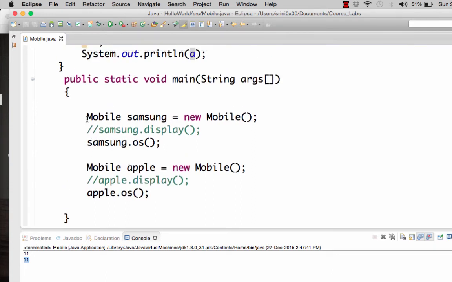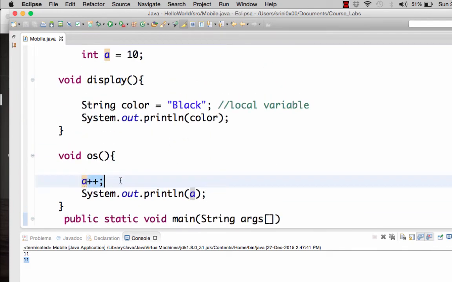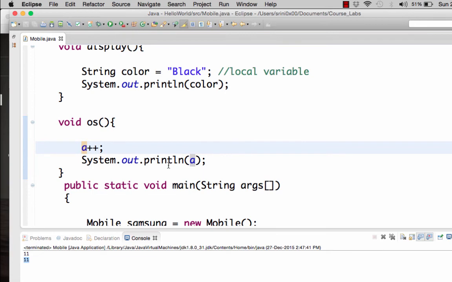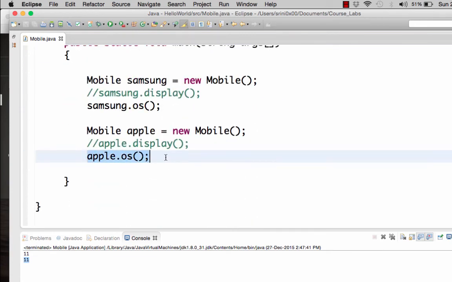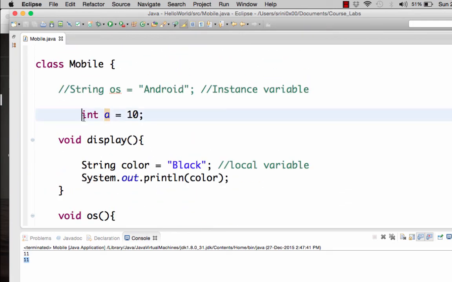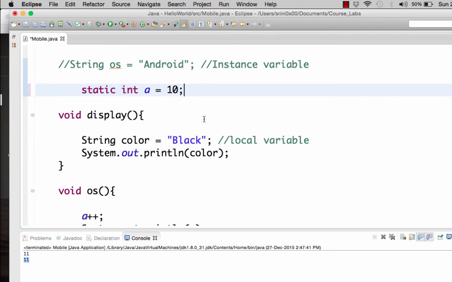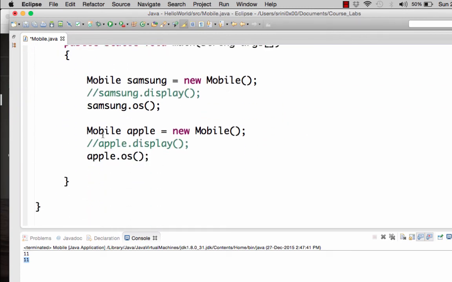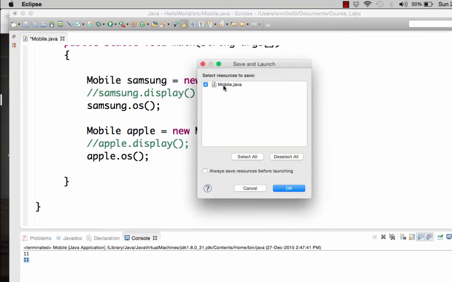Now if you want to make these changes reflected, for example, you are calling this Samsung.os function and it is making it 11. Now in case you want this particular Apple to access the newly modified value, which is 11, you can actually make this particular variable static. If you make this variable static, the memory is going to be created per class rather than per object. So now if you try to run this program,